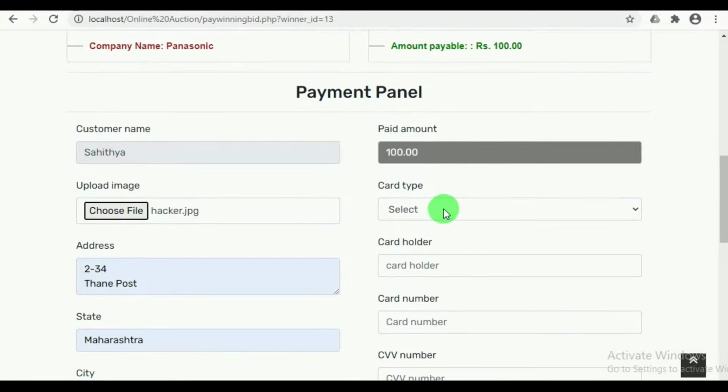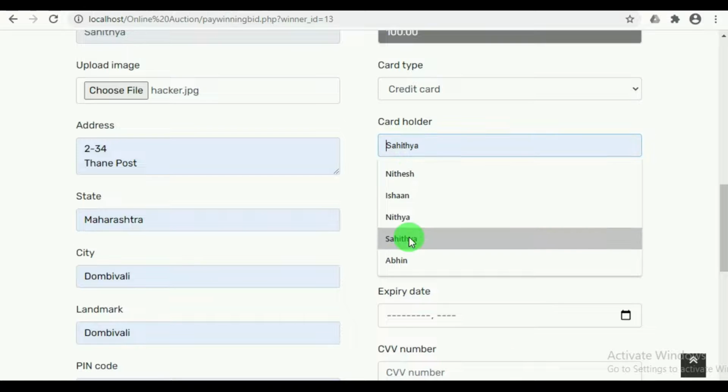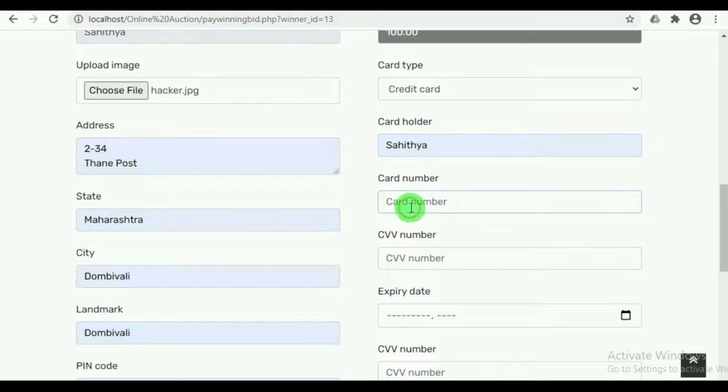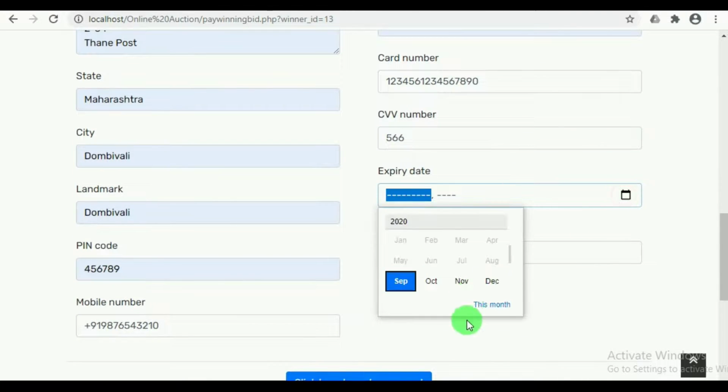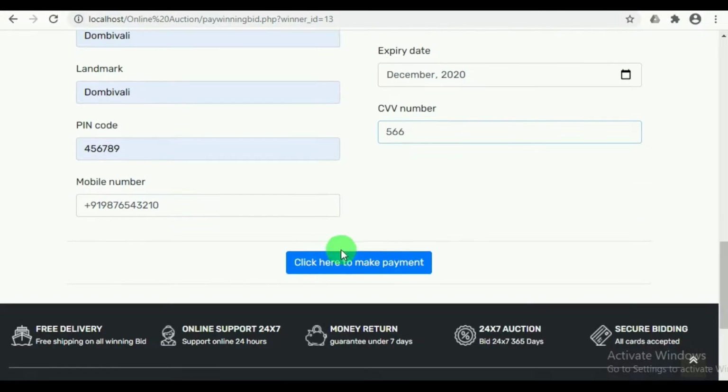Under payment type, the card type, card holder name, card number, CVV number, expiry date must be entered and the payment must be made.